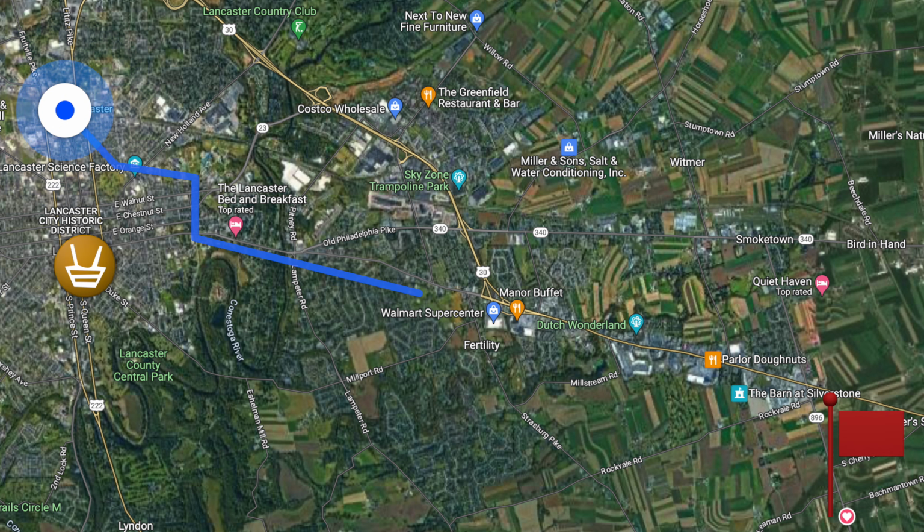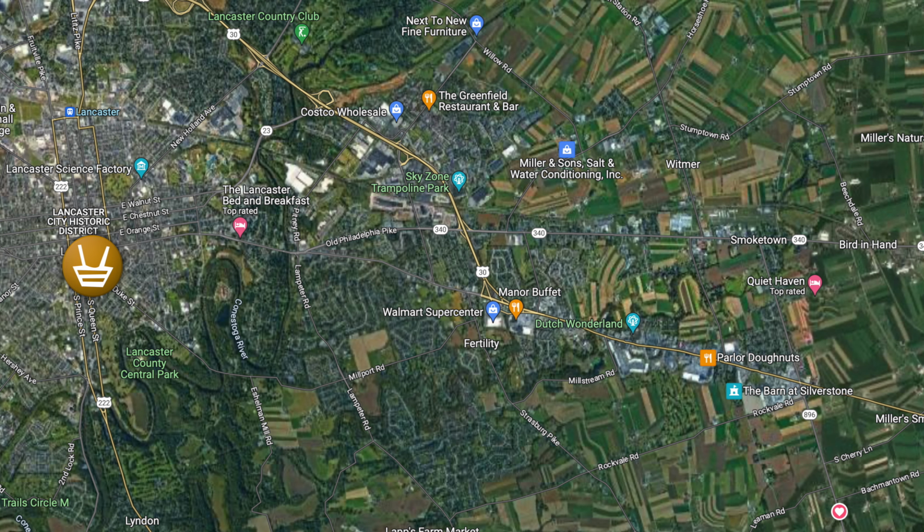So first thing is, we start at the train station. We're going to navigate ourselves to the east, and we're going to head out of Lancaster. Now, if you wanted to start by going to a farmer's market, you could. That's south of the train station. This route just goes straight east, and we're going to make one stop at an Amish museum area, which